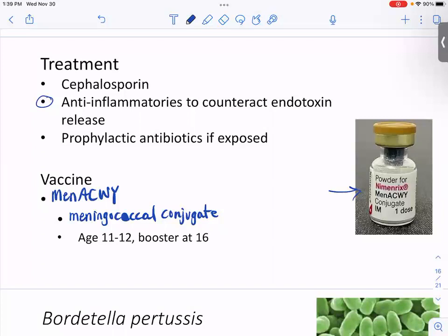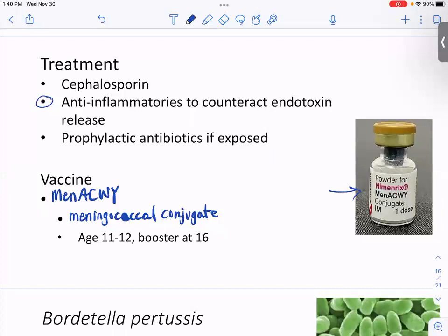And like I said, we have a separate vaccine that's just a meningococcal B vaccine. You see commercials for that every once in a while. And again, do you vaccinate people if there's only going to be 10 cases in the whole country a year? It's one of those tough questions.